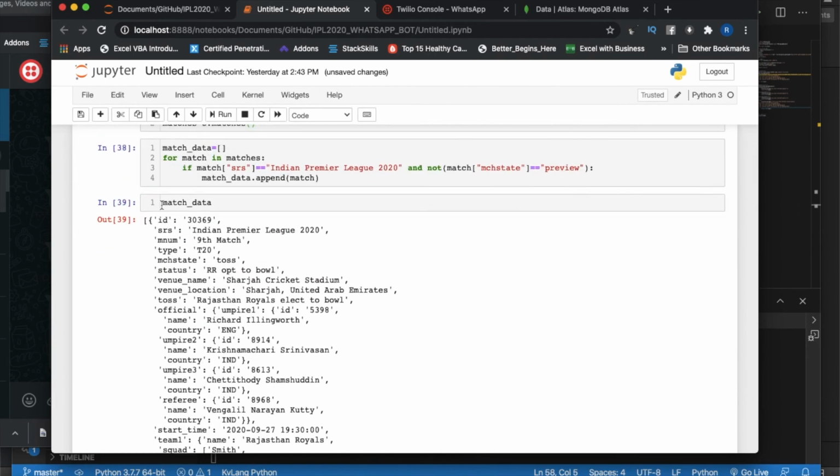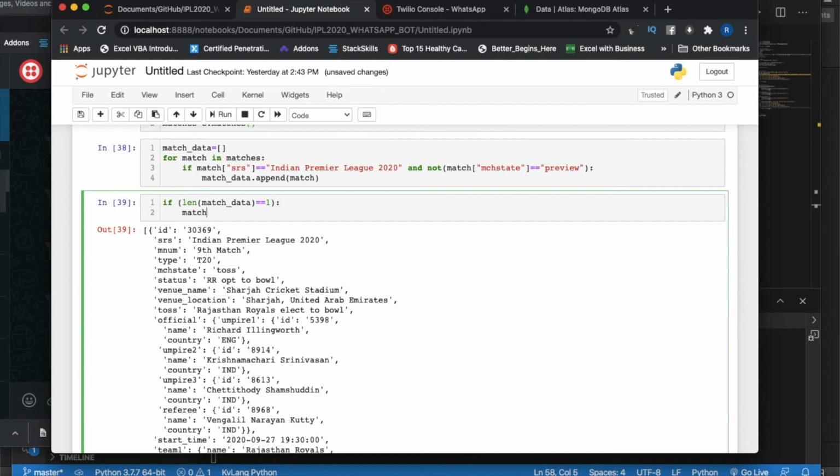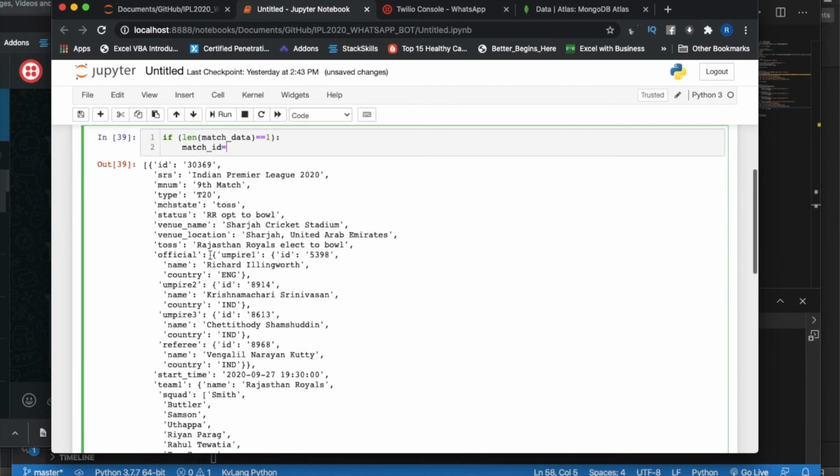What we'll do next is if length of match_data equals 1, then match_ID is going to be... I'm just thinking, this is a list actually.